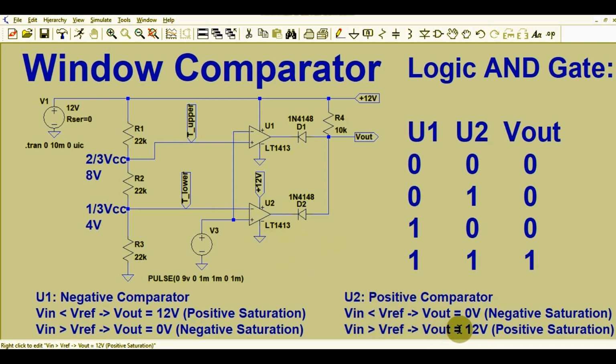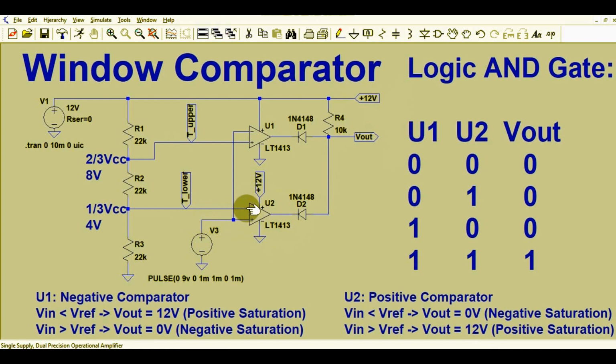That means op-amp will go towards positive saturation and the output voltage would be 12 volt because your supply is 12 volt, right? So why is this called positive comparator? Since your input signal is applied at non-inverting terminal or plus terminal and your reference signal is at minus terminal,